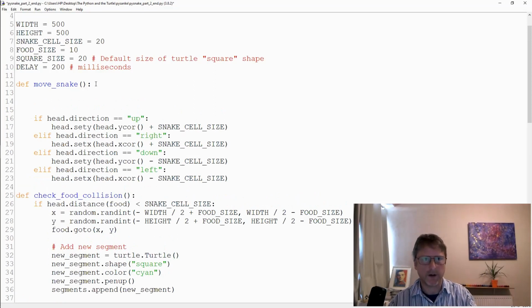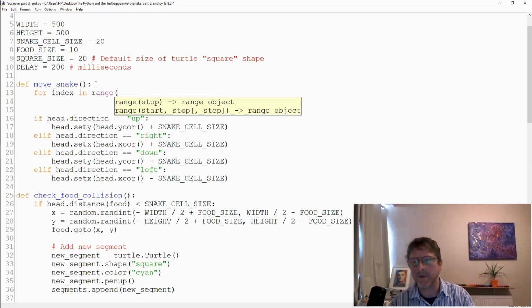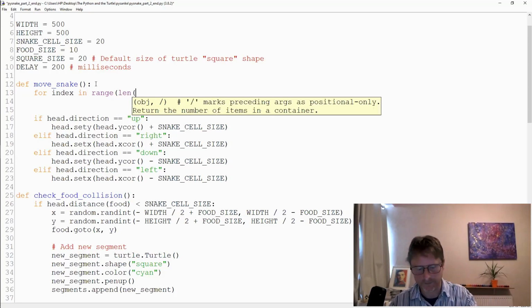So inside of move snake, we're going to do for, we use i, but index is more explicit, in range. Now this is, you may not have seen this, this is backwards counting because we need to start at the end of the snake and move to the front, otherwise it just doesn't work in terms of the movement. So we're going to go the len of segments,